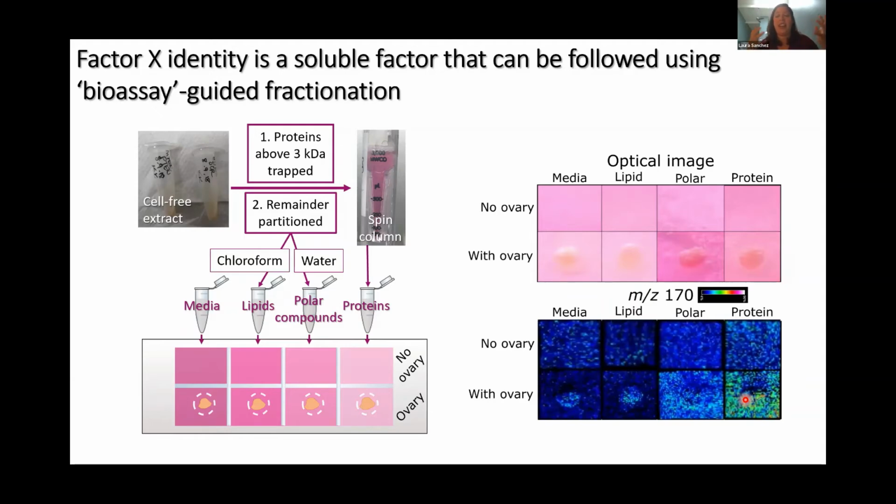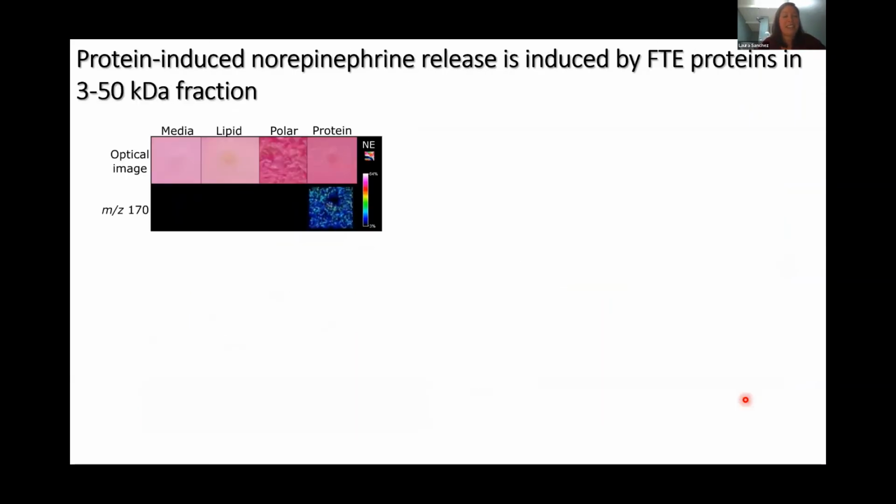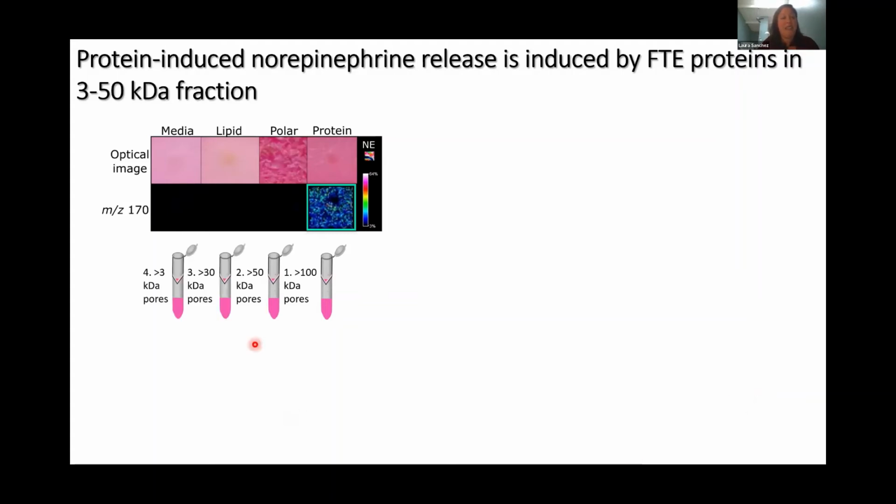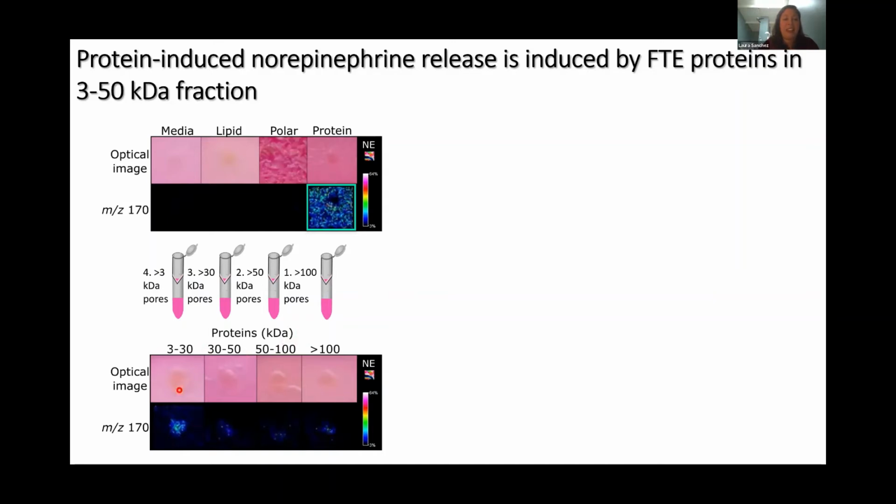So like, great, okay, it's a protein. And at this point I was like, oh man, now I actually have to do proteomics, which is fine. But the next thing we did, since the word protein is a huge word, is to try to further refine which type of protein it might be. So to do that, we use these spin filters again. So we have basically big proteins, medium and small, to see if we can parse out which kind of protein it might be. And again, we put it back into our bioassay guided fractionation system